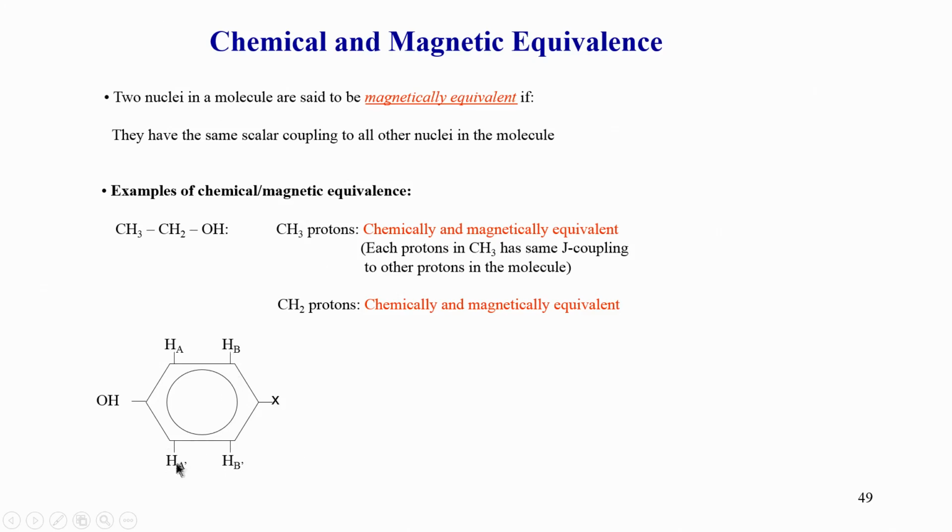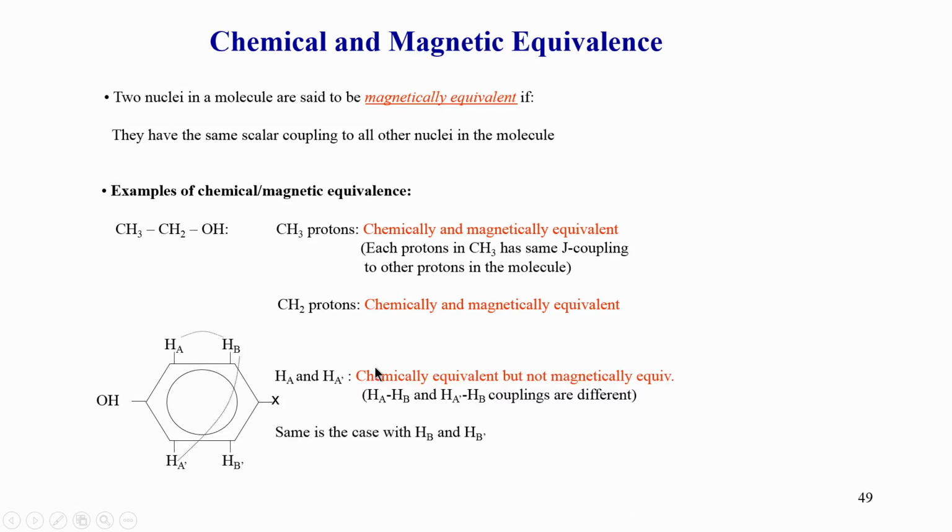But if you look at this hydrogen, its coupling to this Hb here is not the same as its coupling to this Hb here. You see this is very far away, this is 1 bond, 2 bond, 3 bond, 4 bond away, whereas this is 3 bond away, 5 bond away in fact. So, these two hydrogens are J coupled, which we will come to shortly. Their coupling is not the same as the J coupling between this hydrogen and this hydrogen. Therefore, although these two hydrogens are chemically equivalent, they are not magnetically equivalent because their coupling to the neighboring hydrogens is not the same. For example, the coupling of Ha to Hb is different from this Ha to this Hb. So, although A and A are the same, they are A prime.